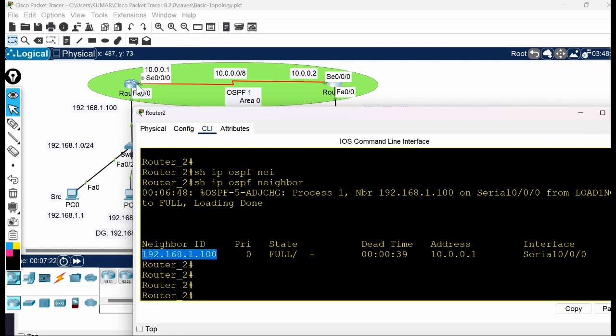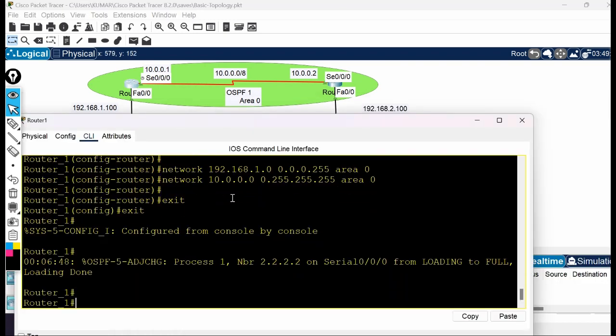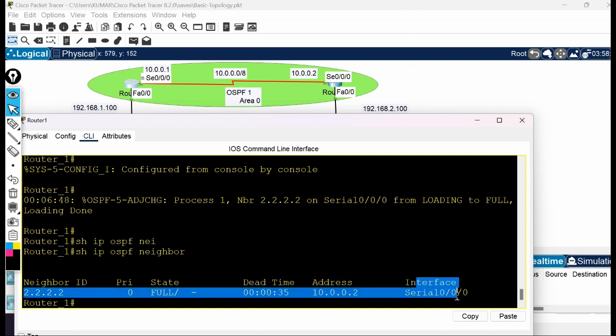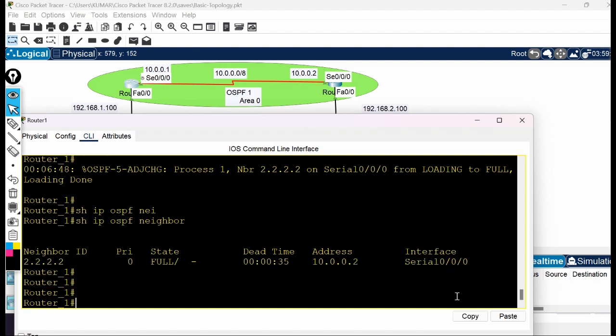If I go to this router and verify the same, show ip ospf neighbor, you will find 2.2.2.2 is the neighbor here, because we have configured the router ID command manually in that router. After that, information like priority, state, dead interval, addresses, and interfaces you can see here. Now we have one more table, show ip ospf